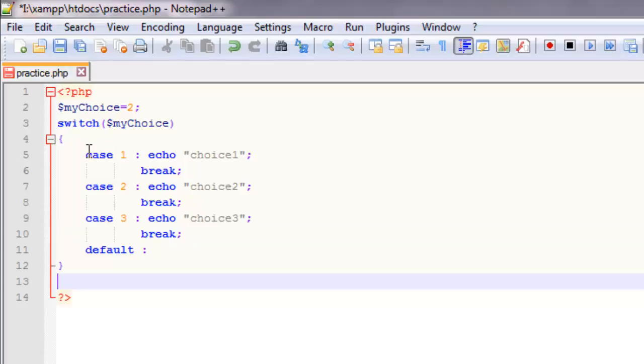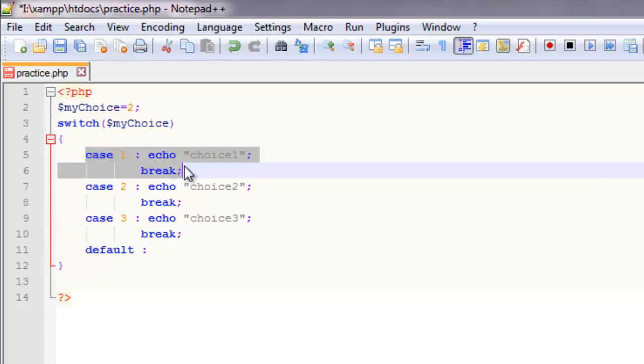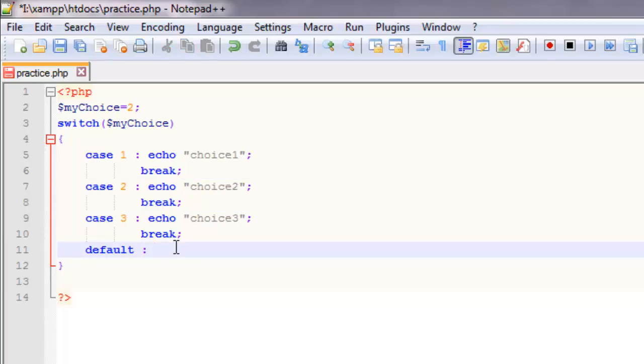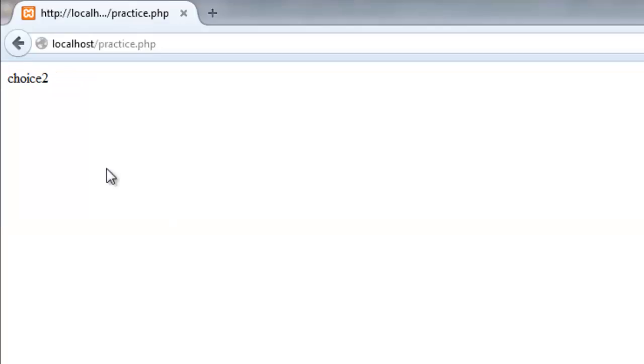So if case 1 is true, only this code will be executed. If case 2 is true, only this case will be executed, and so on, right? So for default, again we can say invalid input, whatever you want to say, right? And never forget semicolons. That is the worst mistake people make. So now as you can see, we get choice 2,